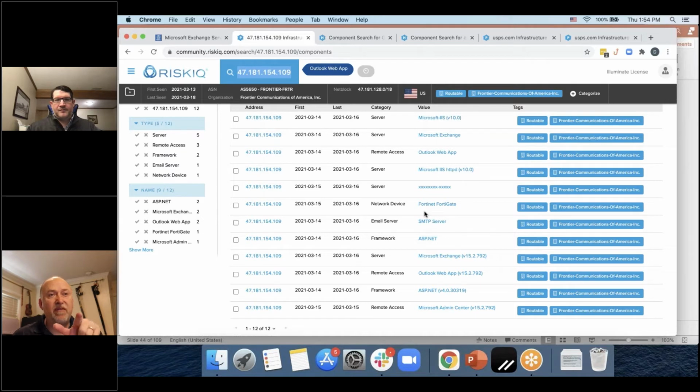That's why, if you notice, there's Exchange up above, but then there's Exchange down below that has the patch number. So we can say, at this point we were able to detect a particular version, and now we're tracking those, and then we can see if that changes to another one.